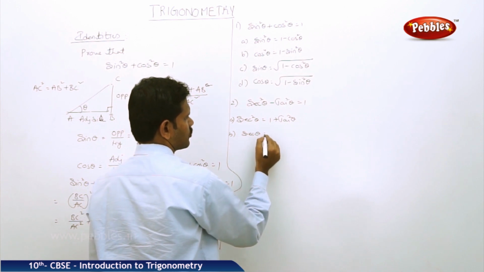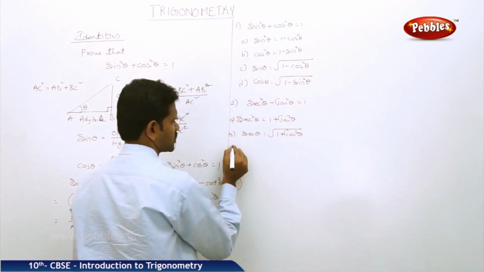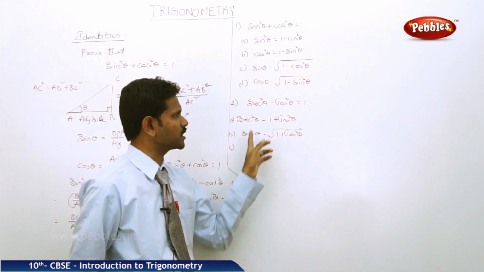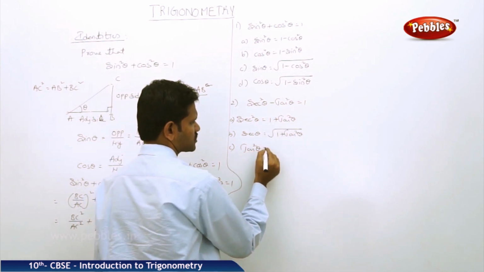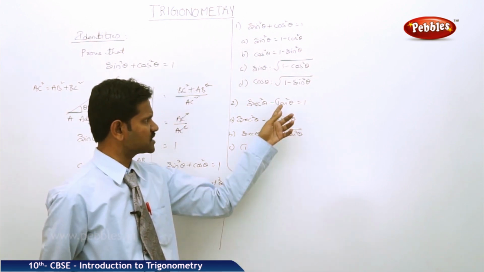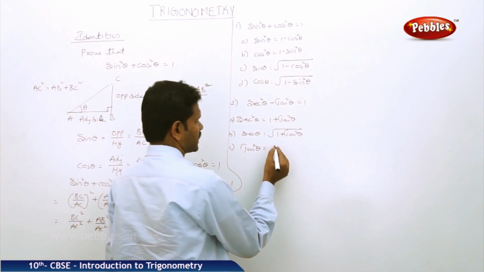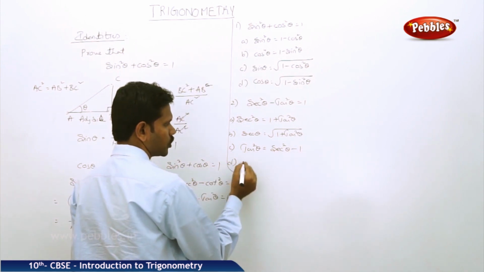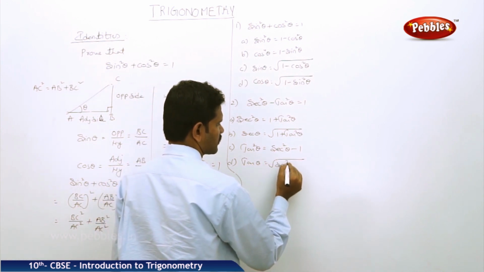Secant theta is equal to root over 1 plus tan square theta. Sub identity 3, secant square and secant both are now generated in terms of tan. Tan square theta is equal to, this tan square has a negative sign, that's why shift to the other side. Therefore tan square theta is nothing but secant square theta minus 1. Sub identity 4, tan theta is equal to root over secant square theta minus 1.